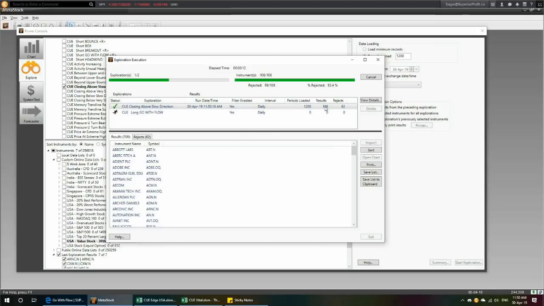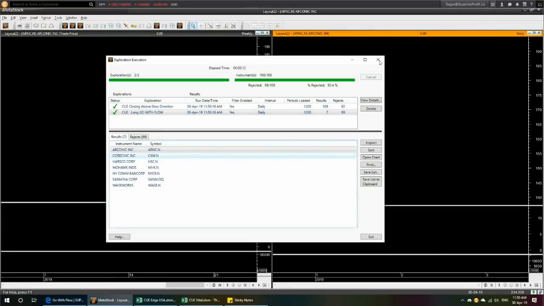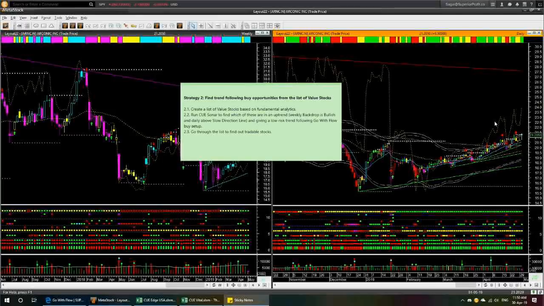We had 106 stocks above slow direction, but go with flow. Okay, it has found 7 stocks. Let's go through them because we are at about 50 minutes into the session. I will now go through them quickly and stop if I find a suitable opportunity. In fact, the first one looks like a suitable opportunity. So I'm going to add it,